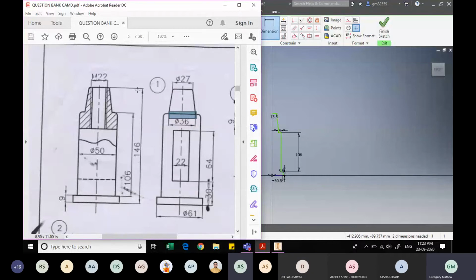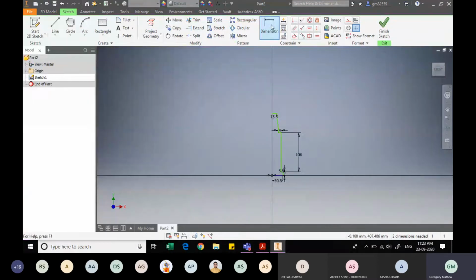You can actually specify that the distance between the top line segment that we have drawn and the bottom line segment is 146, rather than explicitly specifying how much is the height between the two ends of the tapered cylinder, that is, between the bottom end and the top end. We can actually specify the distance between the top edge of the tapered cylinder and the bottom base of the complete part, which is 146, which is given to us. So now we can use the dimension command once again, and from here I can say that the distance between here, this is 146.